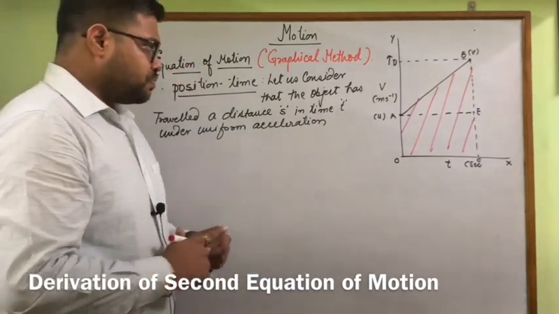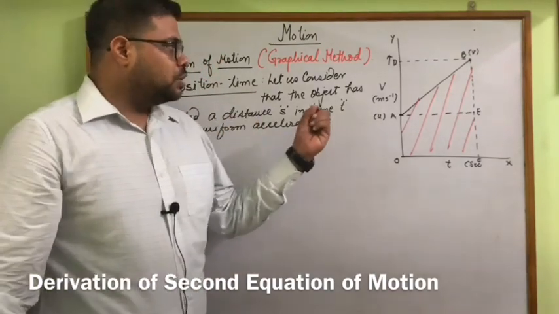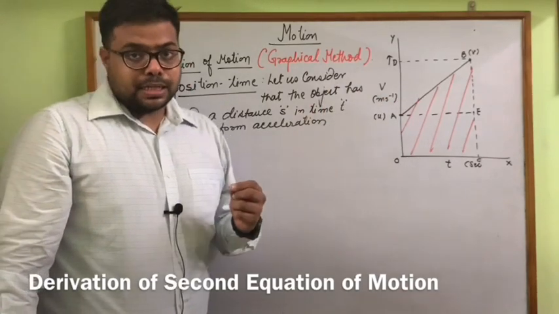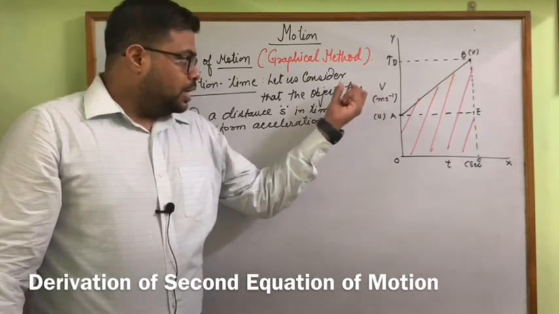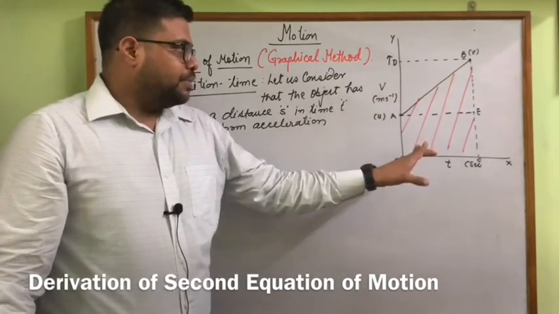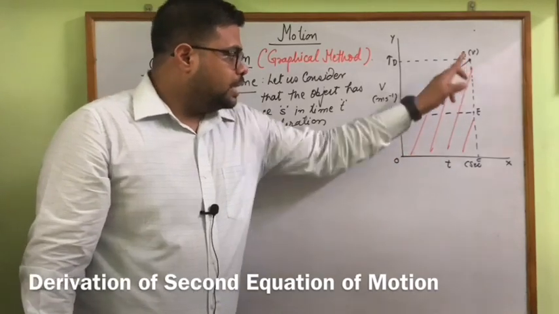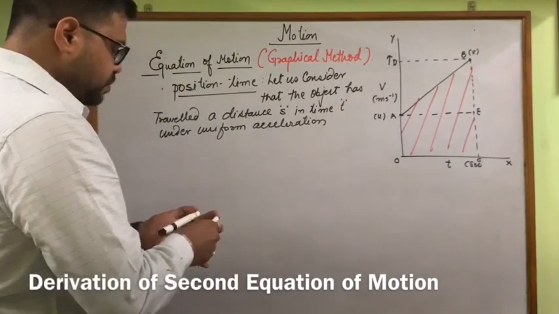So here we can derive the second equation of motion with the help of this concept, the area under the velocity-time graph of a particular curve. Here the curve is OABC, which gives us distance. So here we can write